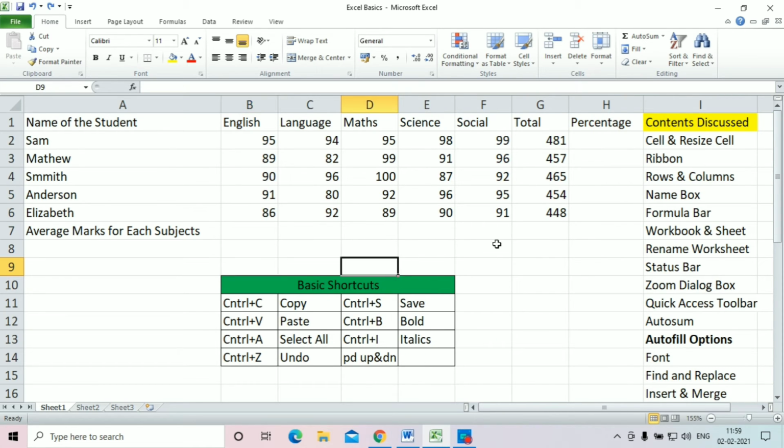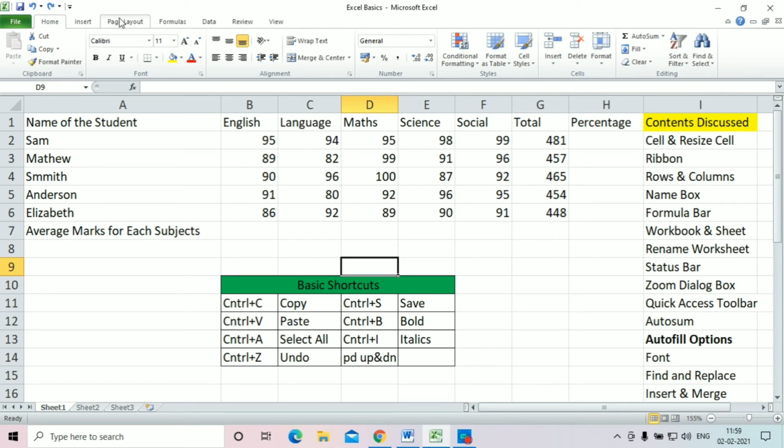And yeah, the next thing which we are going to see is the ribbon. So what do you mean by ribbon? Ribbon is the set of contents which are used to modify or configure Excel. The thing which you could see here is called the ribbon. In the ribbon you have clipboard, font, alignment, number, style, cells and editing and pretty much more.